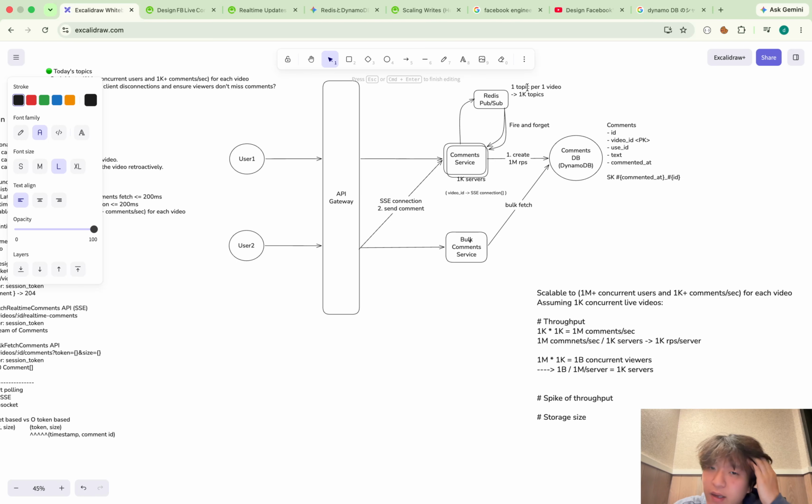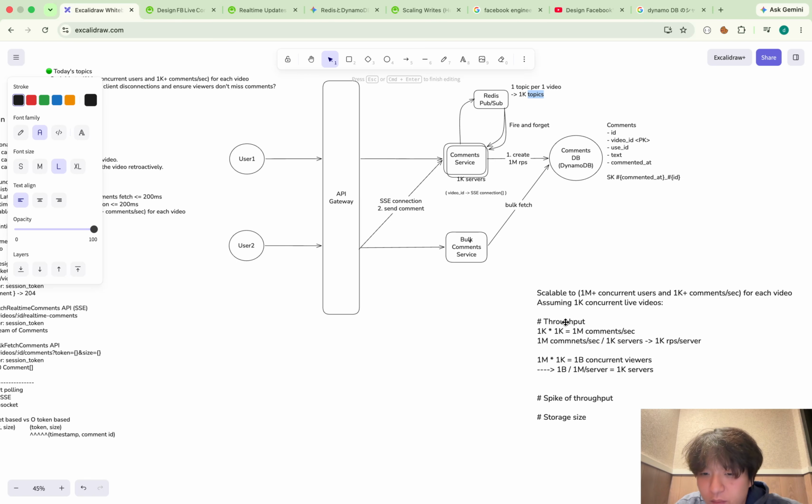One thing: even though we have 1K topics in Redis pub sub, a topic is a kind of logical namespace. So physically, if there is only one Redis pub sub, the connection between this Redis pub sub and the comment service physical server is only one, no matter how many topics this comment service server is subscribing to.